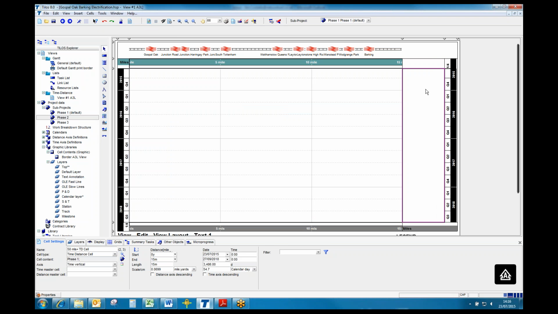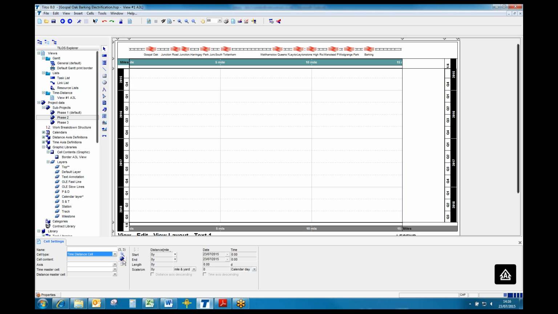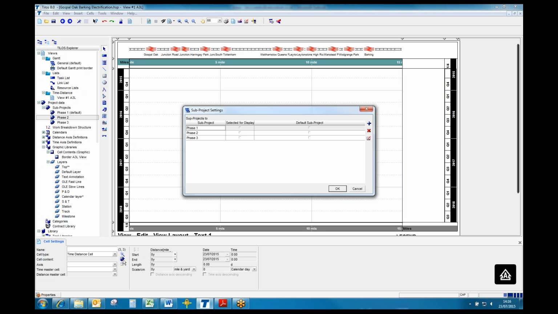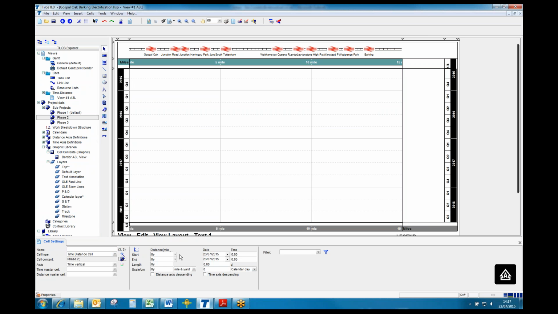But if I click here, then I've selected that cell. If you see from the cell settings tab, there's nothing much on it. So first of all, we need to say that this is a time distance cell. And what subproject are we going to include in it? So I click on that little icon, and then I say we'll only put data from phase 2 in this subproject. And I don't want to change the cell range because you're going to tell me what the change is now. So if I go back to your spreadsheet,